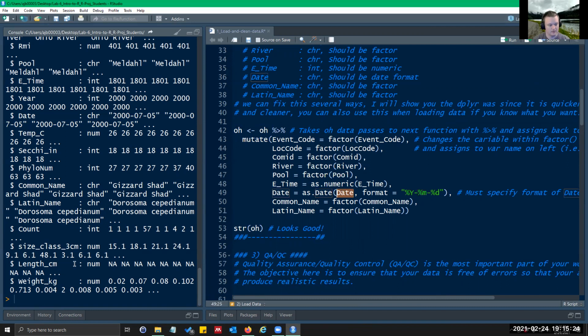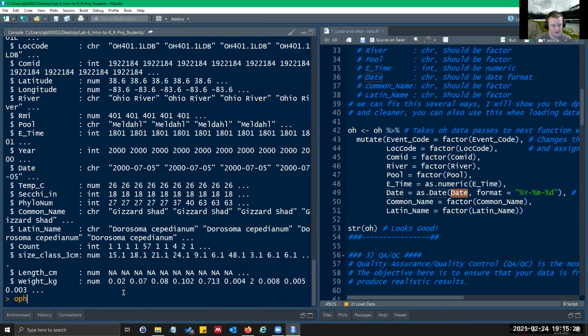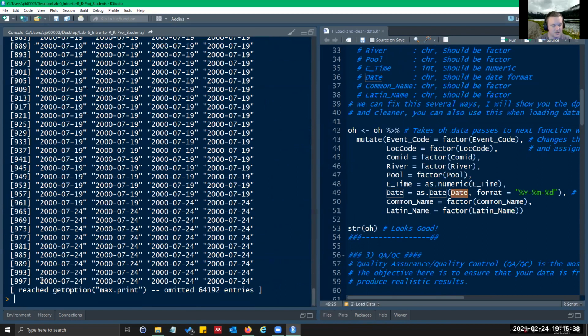So if I look over here and I do Ohio$date, and it pops up right here. It's a real nice feature of RStudio. And enter that, you can see the format of the date variable, and that's the format you need to enter here in format. So it's a 4-digit year separated by a dash, not a slash, and then a 2-digit month, and then a 2-digit day.